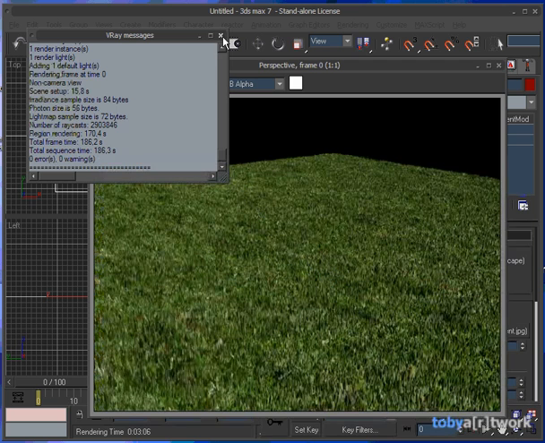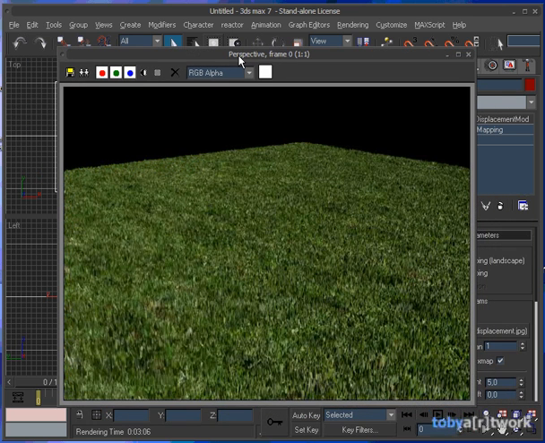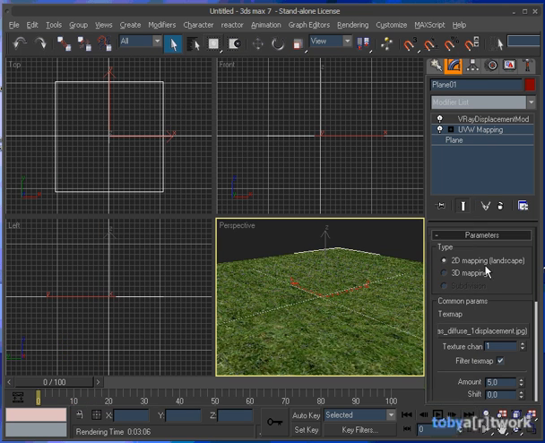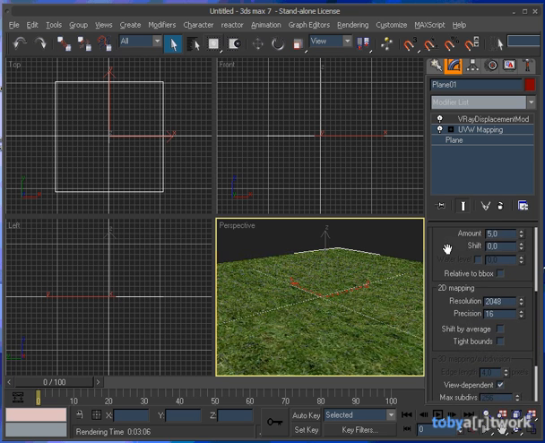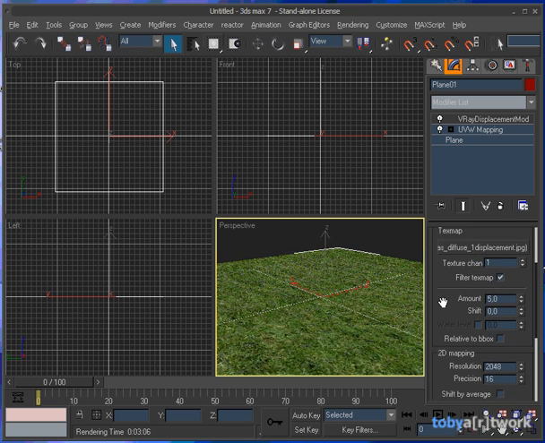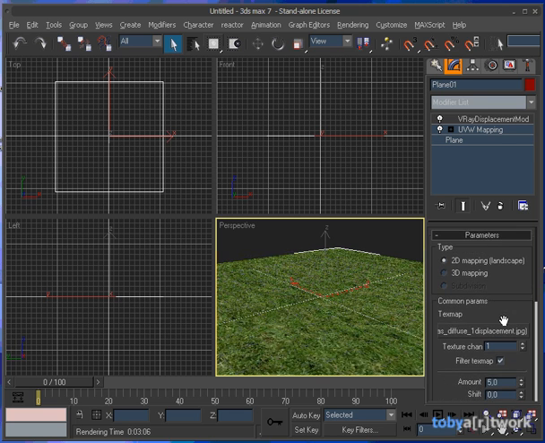Okay, the render is now finished after 3 minutes and 6 seconds. You can see the geometry being generated by the displacement modifier. This is not quite a nice example, but it was only generated to show you how you can generate grass. To get much nicer grass, just feel free to experiment with the settings here. You can set up